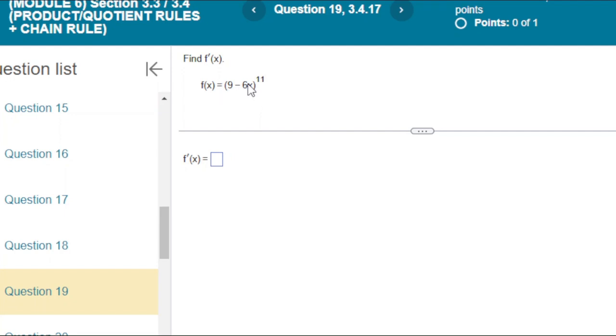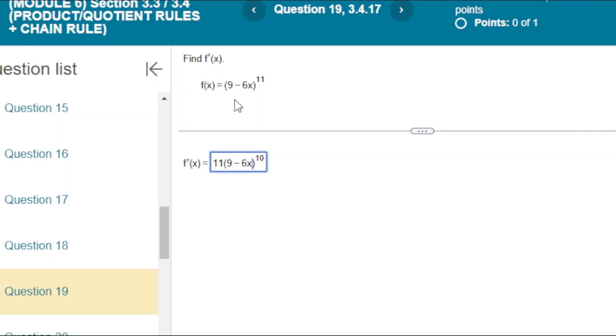So if we thought of the whole inside function as just one big x, notice our outside function is really x to the 11th. So think of 9 minus 6x as just one big x. Our inside function is 9 minus 6x. So how do you take the derivative of a composition of functions where you have an inside function and outside function? Well, what you do is you take the derivative of the outside function. So what's the derivative of x to the 11th? Well, it's going to be 11x to the 10th. But instead of writing 11x to the 10th, we put 11 times the inside function